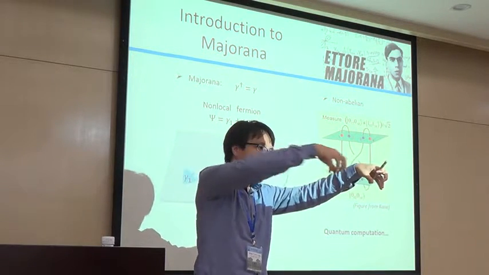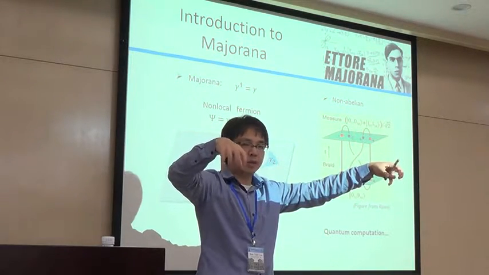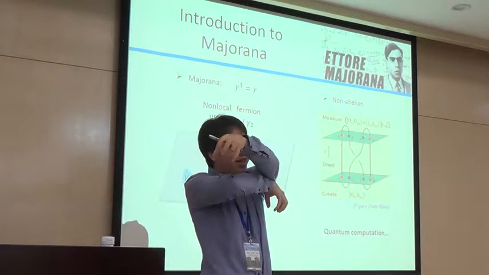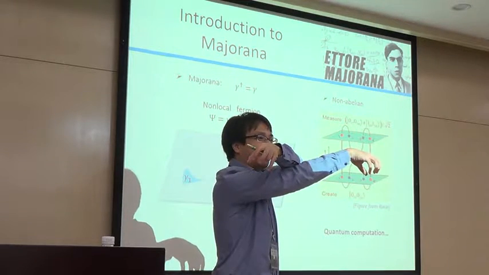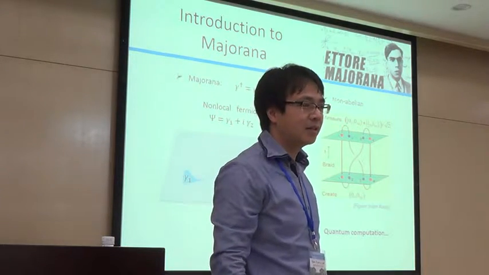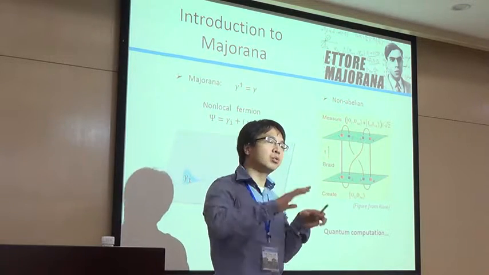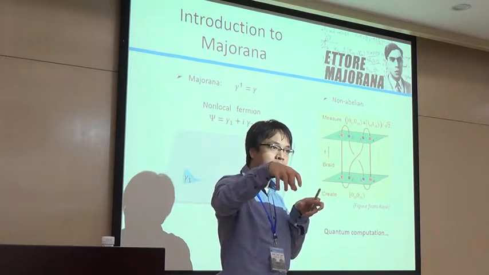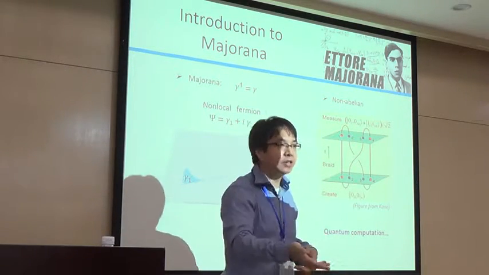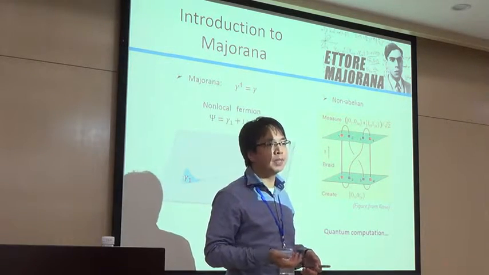So they can move, like parking a car. For example, at a T junction, you can move this Majorana from here to this position, then move this one to here, and then move this one back. That is an exchange. It's at different times. You do it almost adiabatically, very slowly, when you do the braiding. And even though you do it slowly, what's interesting is that you get a different quantum state.